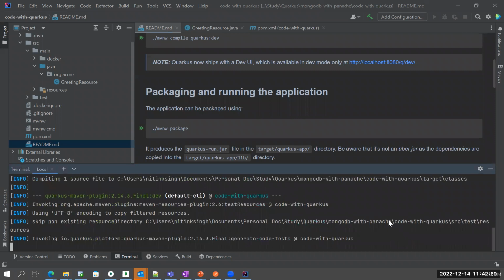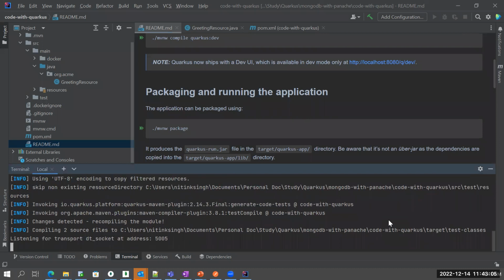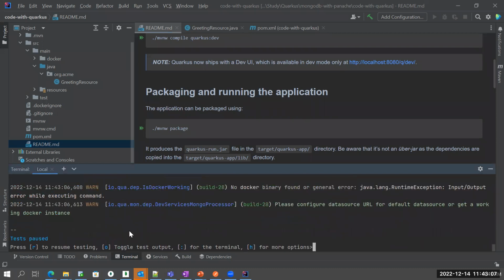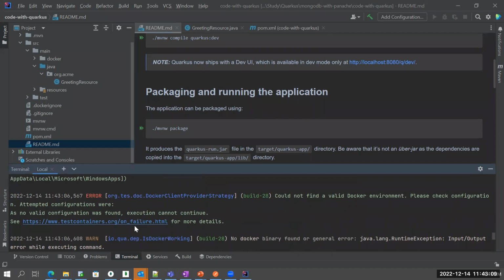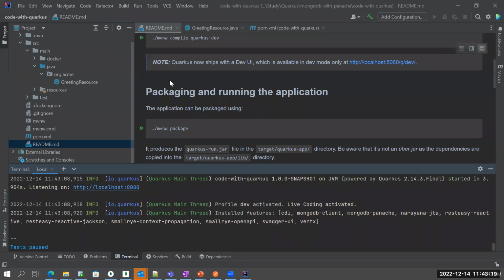It shouldn't take more than a minute. All right. Now, I don't have Docker started right now. That's why we are seeing the Docker warning. Once Docker is up, we will not see those warnings. But our application, which is required for today, is